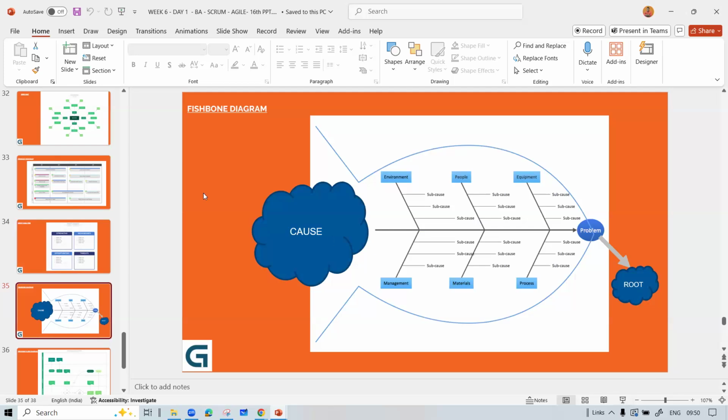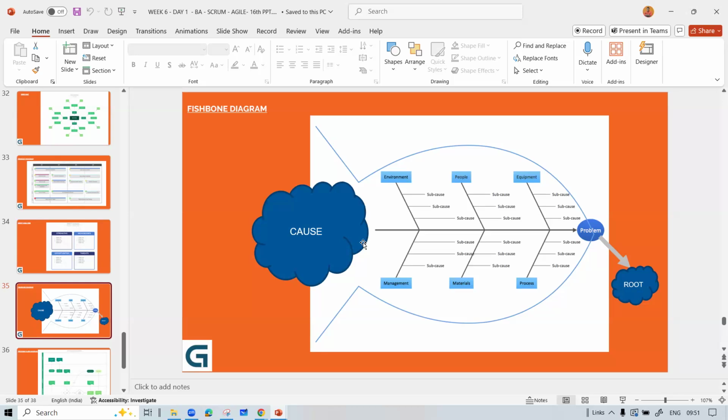All right. So what you see is that the right bubble talks about something. What word do you find in the right bubble? Root. And what is the tail of that? Cause. And when you read both the bubbles, what can you assume the fishbone diagram could be for? Root cause analysis. Absolutely right. You are right.